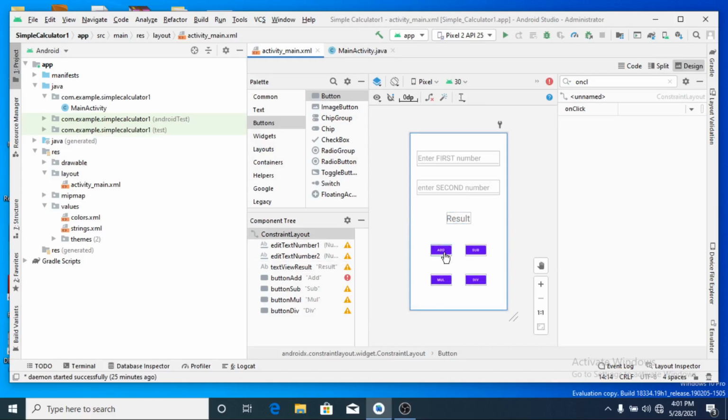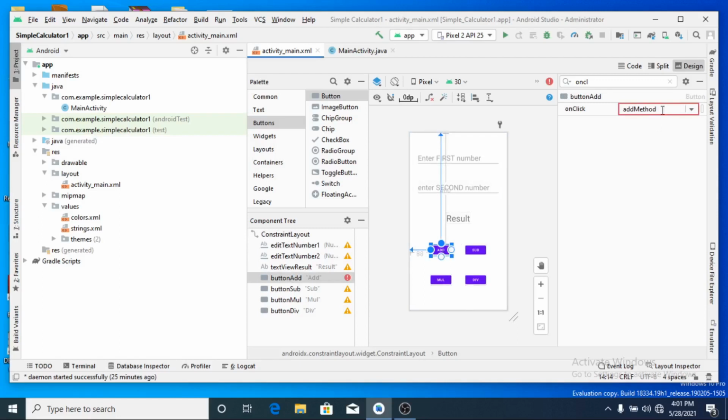First, I will add on-click methods. I will not go with on-click listener methods, but on-click methods, because when I click the add, subtract or these buttons, the result will come on my main window, not on any child window. Hence, it is easy for me to write the Java code with on-click method, correct?